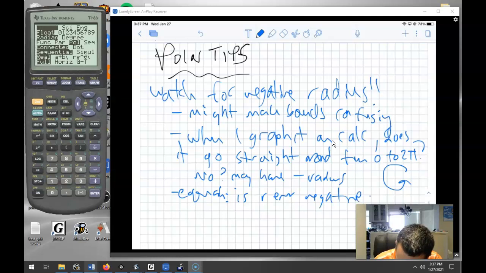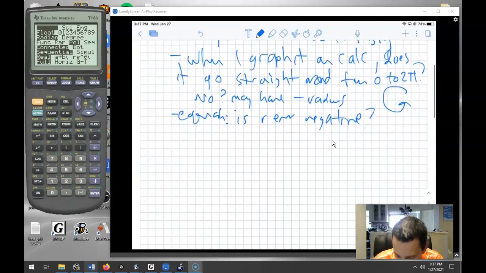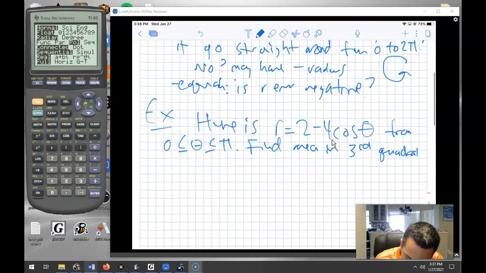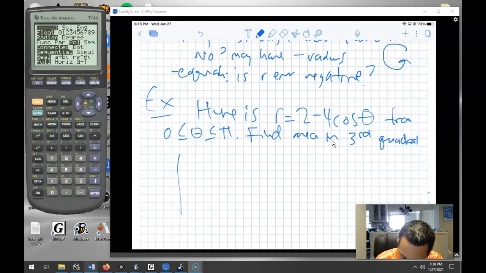Okay. So let's give an example of what that might look like. So for example, here's a graph, and I'm just going to give you part of the graph. So here is r equals 2 minus 4 cosine of theta from 0 to pi. Okay, and I'm going to ask you to find the area in the third quadrant. Okay. So I'm going to give you a picture, but then we're going to go to the calculator. So when you graph this, the graph that it makes looks like this. It goes like that. So the area in the third quadrant that they're talking about is this little highlighted area down there